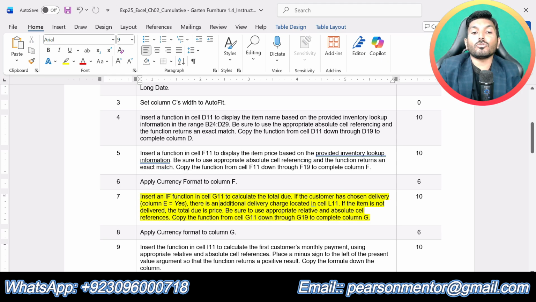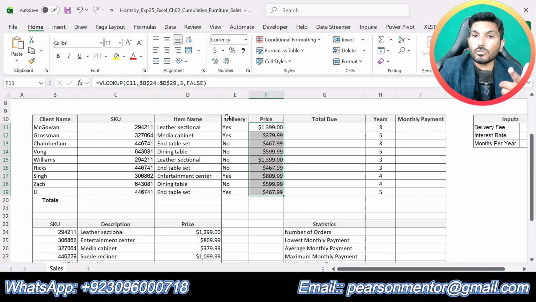Now we are supposed to do the next step, that is step number 7. Insert an IF function in cell G11 to calculate the total due. So now we are supposed to use the IF function in cell G11 to calculate the total due. If the customer has chosen delivery, that means if column E is equal to yes, column E is talking about the delivery.